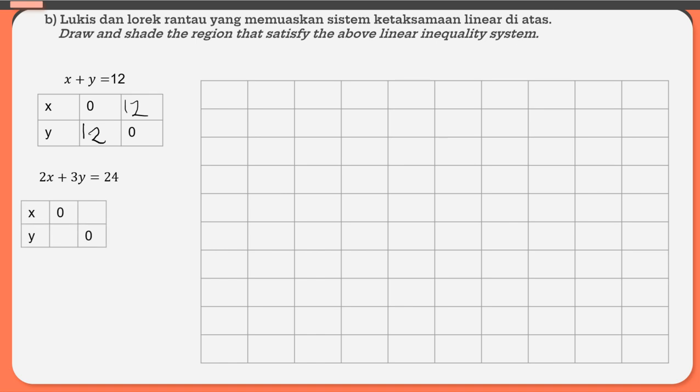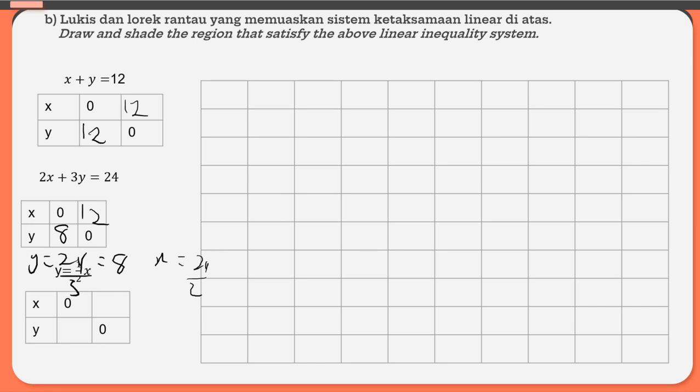When x equals 0, 3y equals 24. So y equals 24 divided by 3. 24 divided by 3, what do you get here? You will get 8, right? Okay, and then when y equals 0, x equals 12, because you will have 24 divided by 2, so 12. Okay, and then